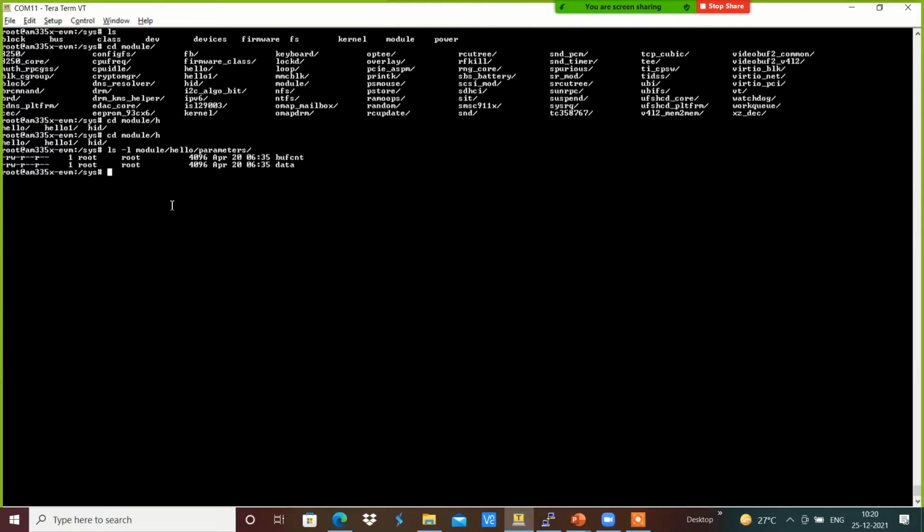That is the permission defined in the kernel module whenever we define this variable inside the kernel module driver, and it works based on that only. We cannot change that at runtime.